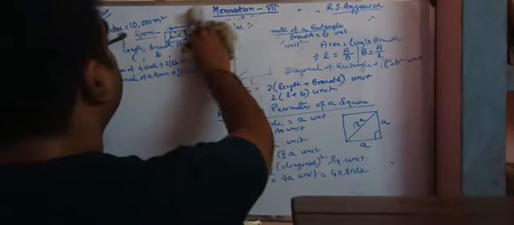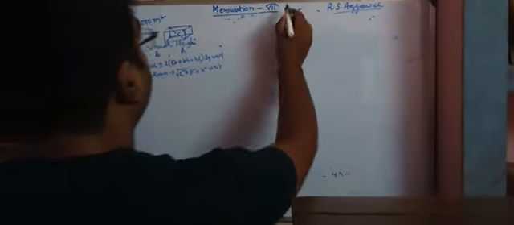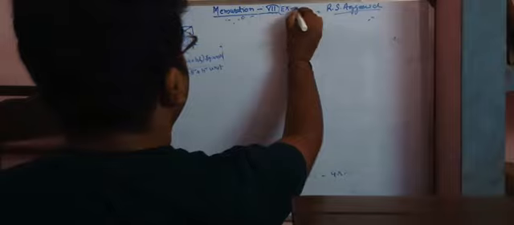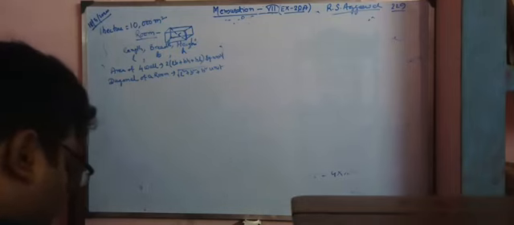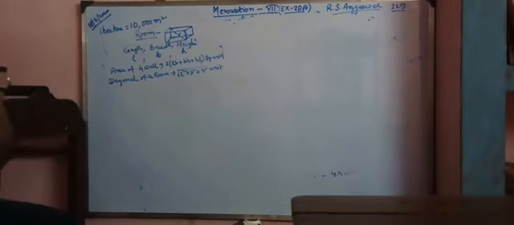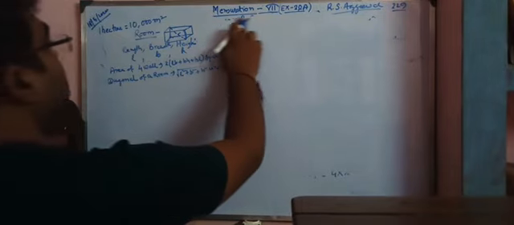Now let us move to exercise 20A, that is our classwork for today. Page number 229. Here, in question number 1, the area of a rectangle whose dimensions are given. Dimension means length and breadth. So length and breadth are given, and we have to find the area.